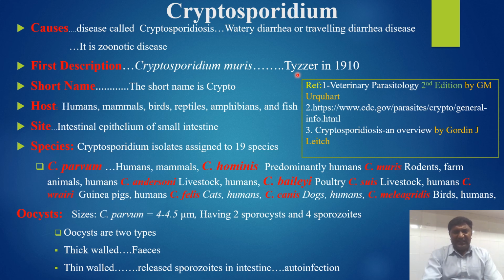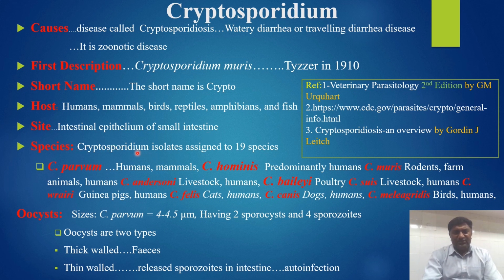parasitologist. He described this parasite, Cryptosporidium muris, in 1910. The short name of this parasite is crypto, and the hosts are humans, mammals, birds, reptiles, amphibians, and fish. The site of infection is the intestinal epithelium of the small intestine, and Cryptosporidium has a lot of species,